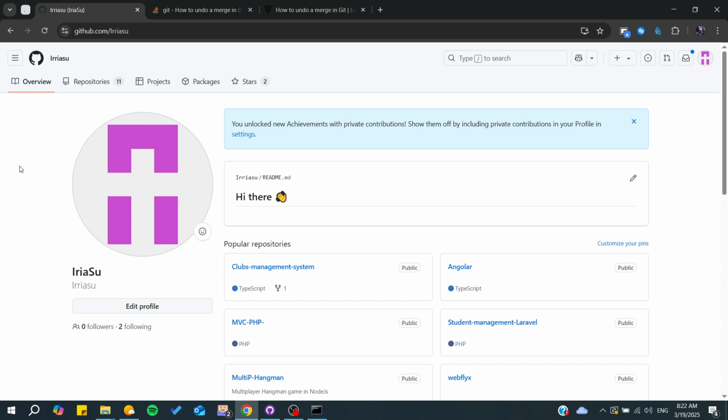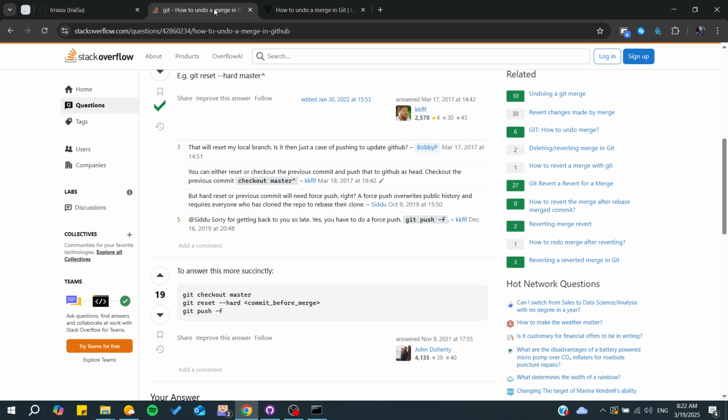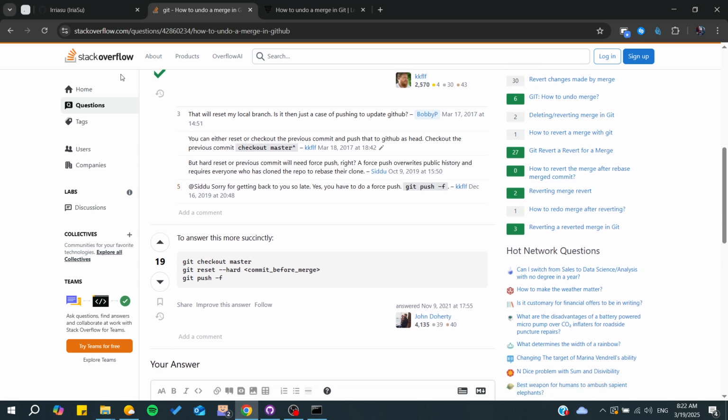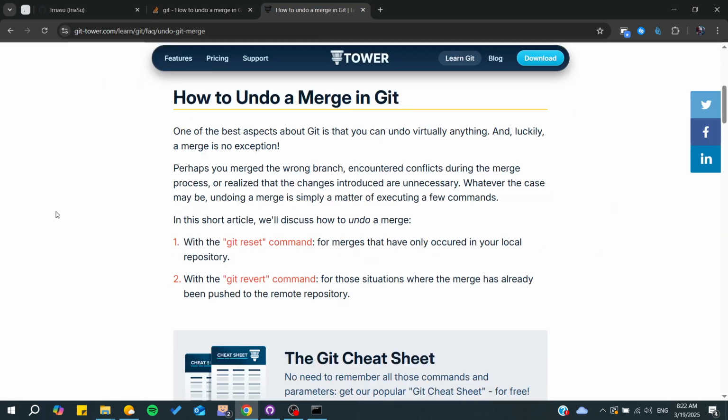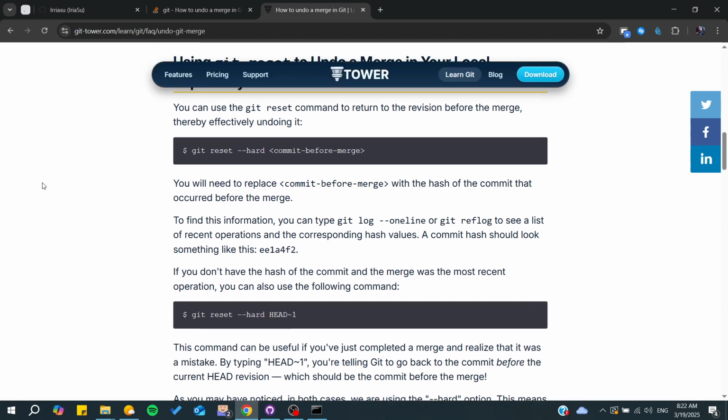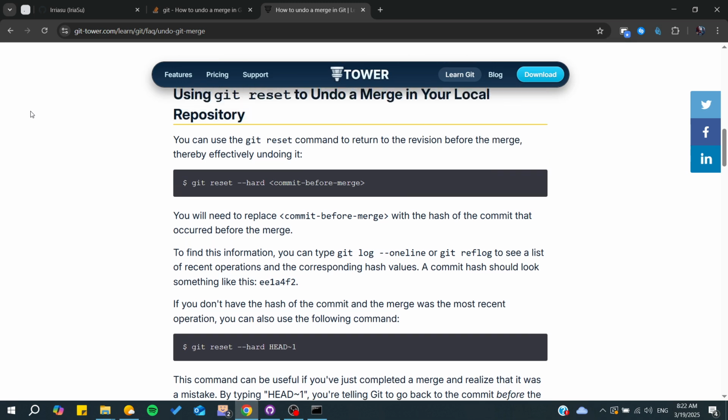So basically, in this video, I'm just going to follow these instructions or these tips from Stack Overflow, or we can follow also this article. And basically, there is only one command that would allow you to undo your git merge. So all you will be needing is just to use the git reset, so it can delete your commits. It won't really delete it, but it will just go back to the commit and you will be able to remove the merge request. And basically, you can just go to your git bash or to your terminal, and you